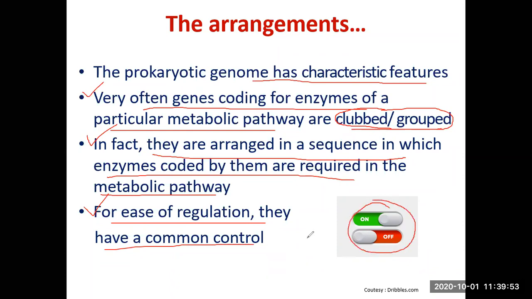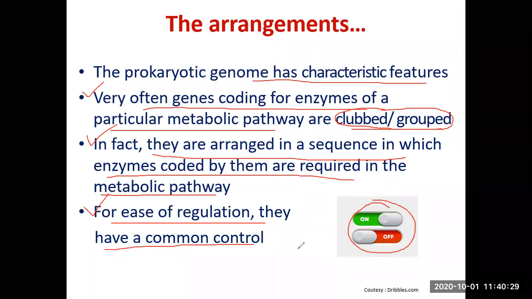So for example, in a hall, let's say our lecture hall or seminar hall, there are 10 ceiling fans. One arrangement is that all of them have independent controls: independent on and off switches, and independent regulators for regulating their speed. The second arrangement could be that all 10 ceiling fans in that hall have just one control, one on and off switch and one regulator. So if I put it on, all fans will be on whether you require it or not. And if I put it off, all fans will be off whether you want it or not.